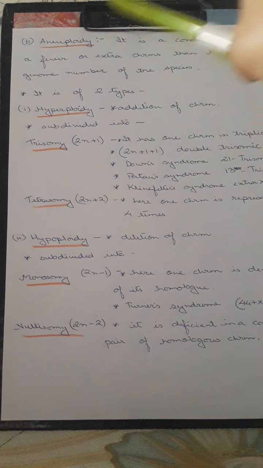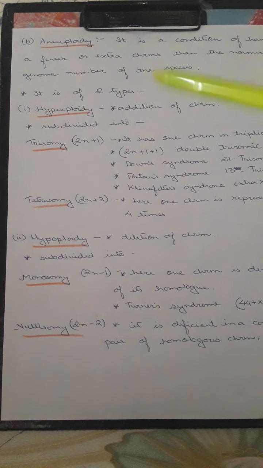Remember, here two extra chromosomes are added, of two pairs, that's why this is a double trisomic condition. Now this is observed in case of Down syndrome, 21 trisomy, Patau syndrome, 13 trisomy, and Klinefelter syndrome, where one extra chromosome is present, okay. So this type of organisms actually they will have